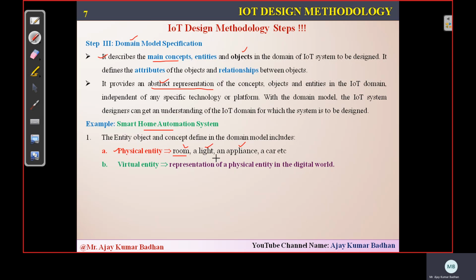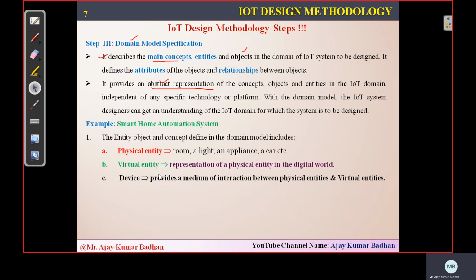Appliances are required to control the light within a room. The appliance is nothing but your web application. Using that application you may turn a light on or off within a particular room. That is what is meant by the physical entity here.